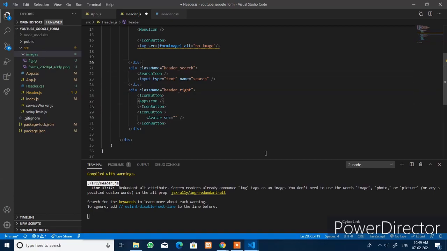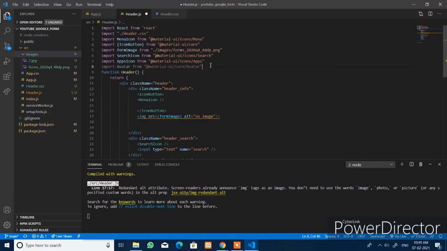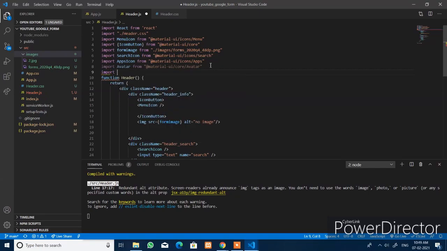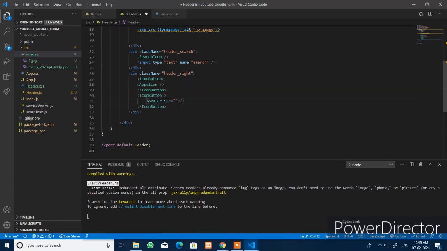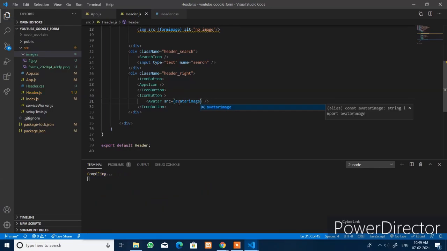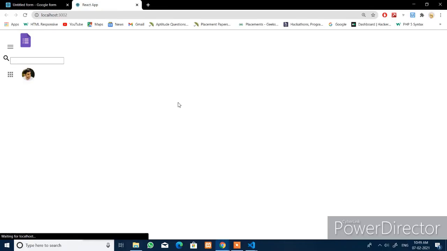To get the image, I will import avatar and add here author image and save it. Open the browser. Here you can see the apps icon, avatar image. All the elements required for the header component are ready.